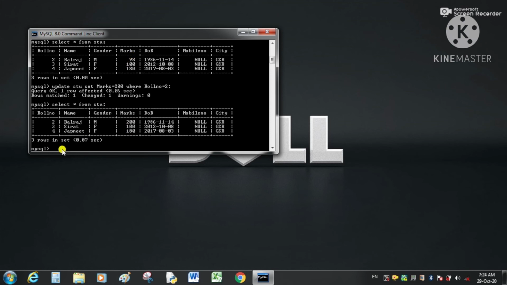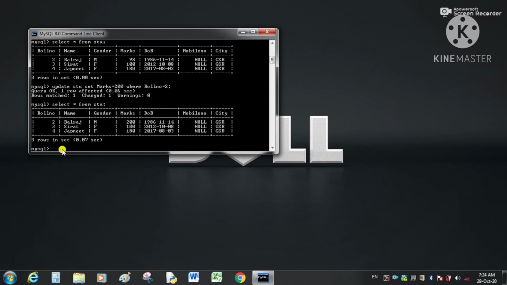So in this way, using set keyword and where clause, we can update the data of any column or cell. We can also update multiple columns at the same time.